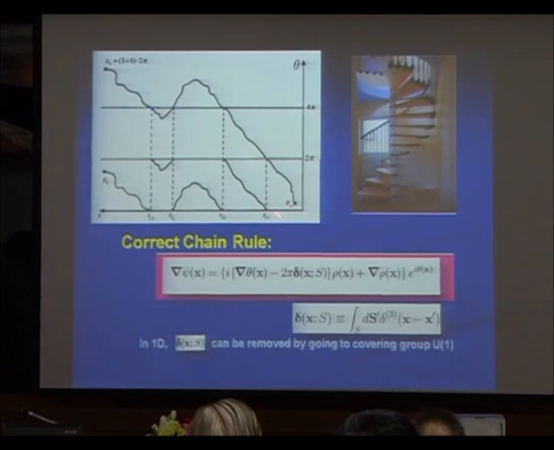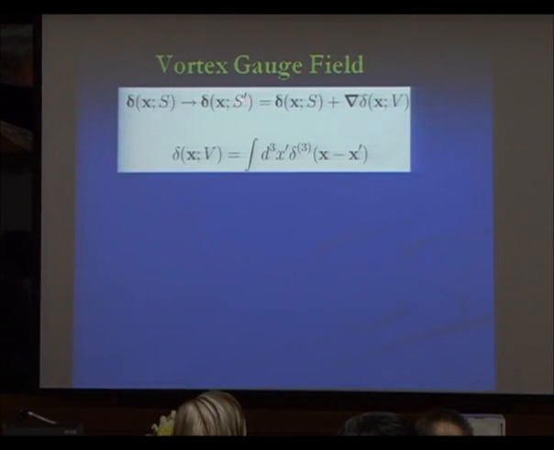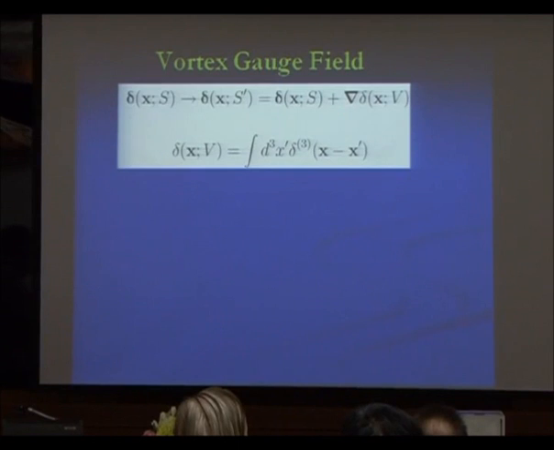You see, in one dimension, you can just continue like this, and you don't have any problem. But in higher dimensions, you have to subtract this delta function. And this is a basic gauge transformation: if you take a delta function on a surface and you change the surface with fixed boundaries, then it changes by the gradient of the delta function of the volume over which you go. And this is the elementary gauge transformation that you have in quantum field theory. And here it comes in a very simple way, and that gauge transformation is responsible for all gauge symmetries that we know. That's the mother of all gauge transformations.